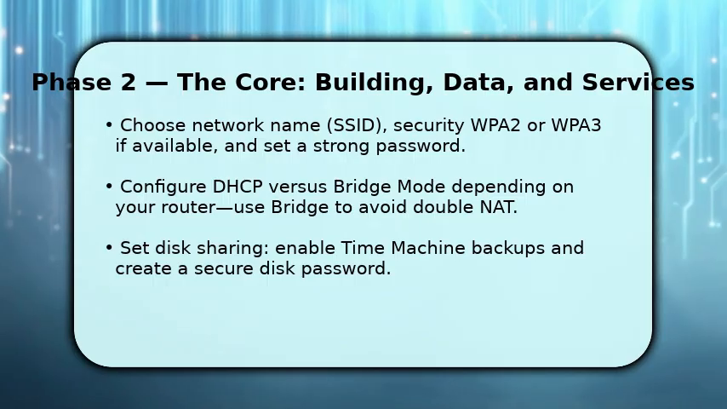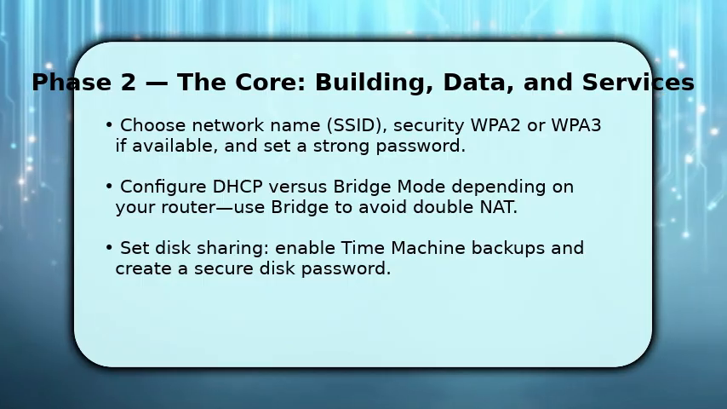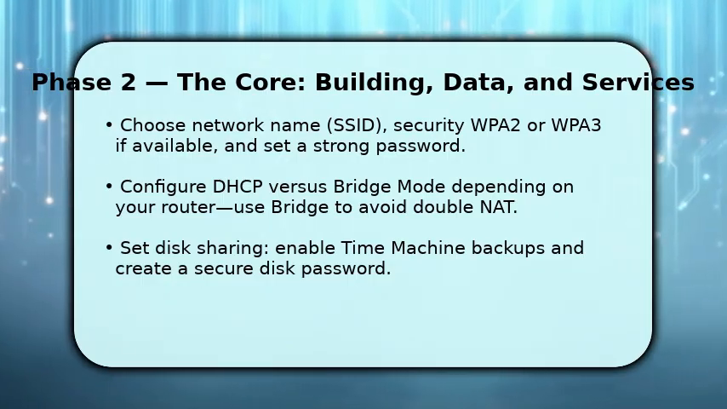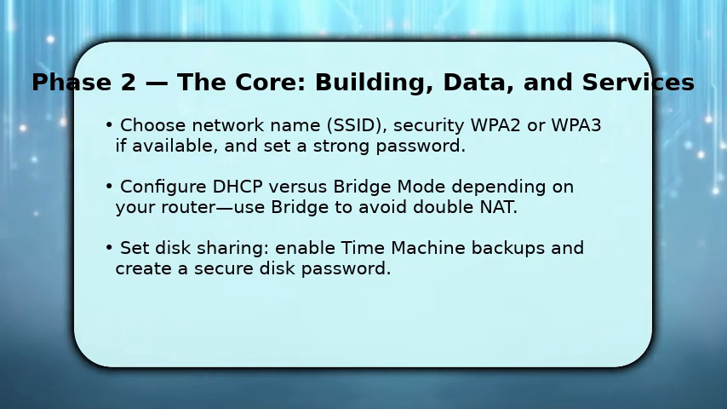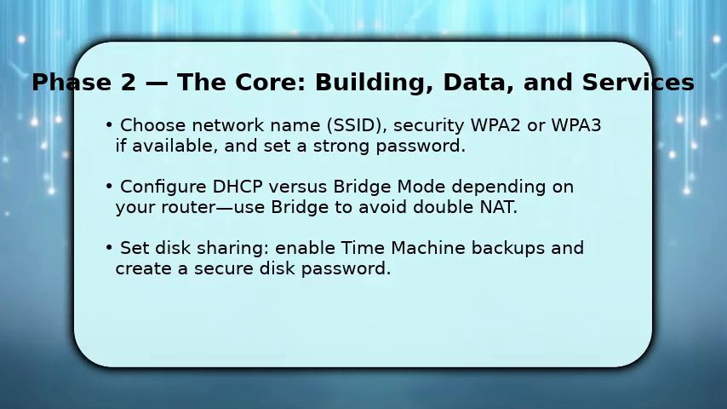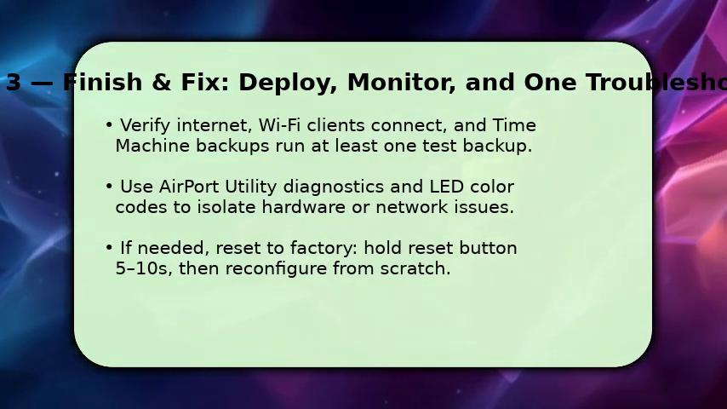Then enable disk sharing for Time Machine, set a disk password, and create any user accounts for access. Once these settings are applied, the unit will restart. Wait until Airport Utility shows a green light. Finish by confirming internet access on multiple devices and forcing a Time Machine test backup so you verify disk visibility